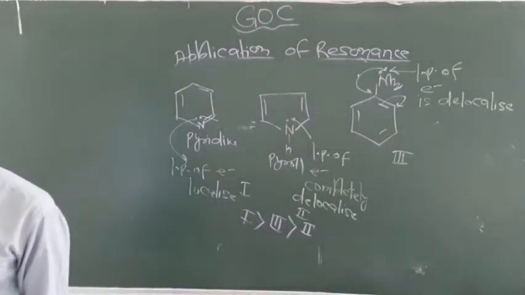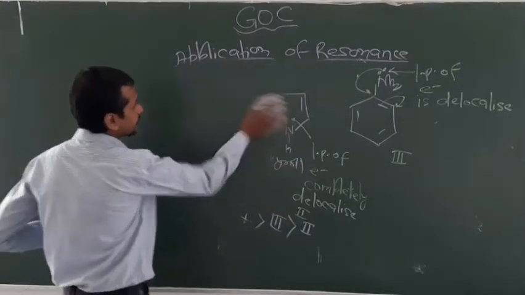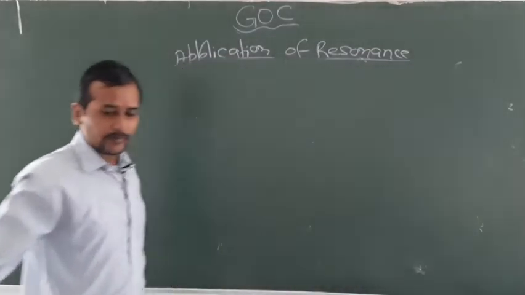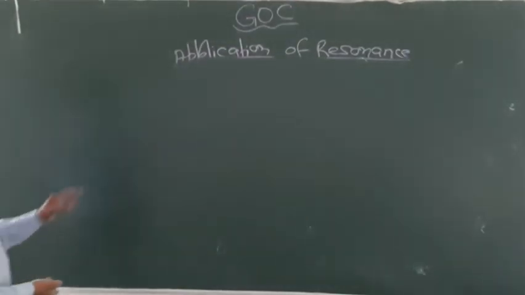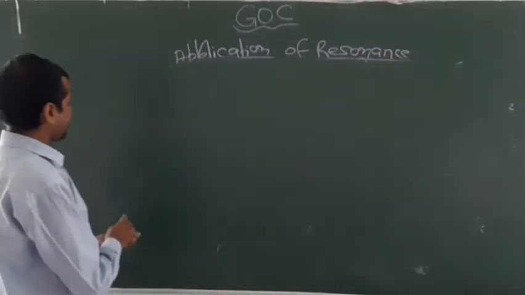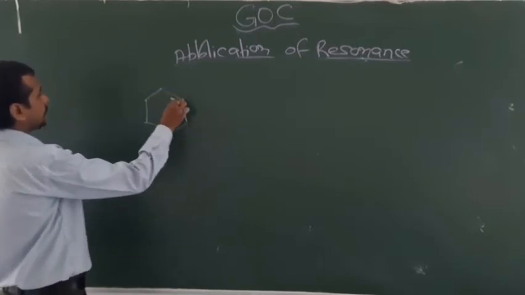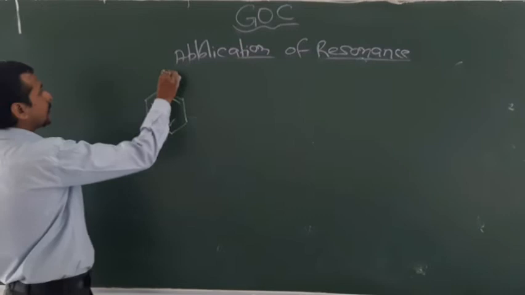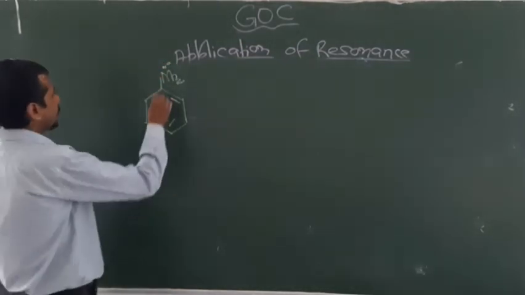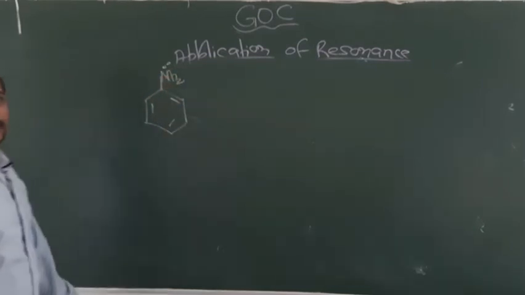So in this way you can calculate the acidic and basic property by using the resonance and inductive effect. This is also important in chapter 13. Now this time we come to chapter 12, that is amines. Now some more questions regarding aniline. In the amine chapter you have to learn how we will decide the basicity of anilines, that is aromatic amines, and also how we will decide the basicity of aliphatic amines.